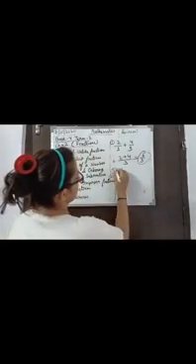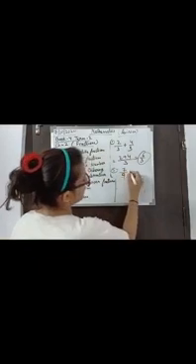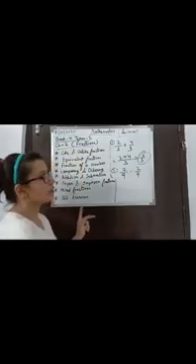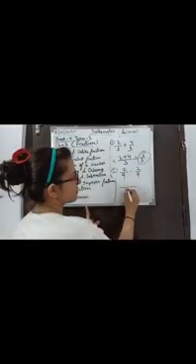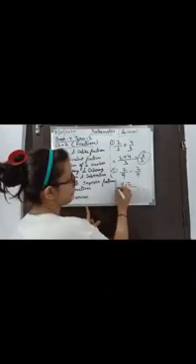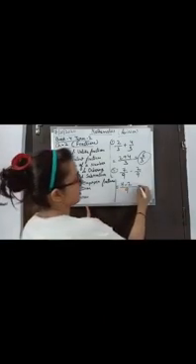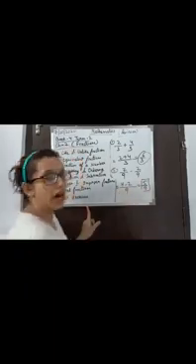Now I will take 7 by 9 minus 2 by 9. Okay, so denominators are same, so we will write the denominator as it is and we will subtract the numerators only. So 7 minus 2. What is 7 minus 2? It will be 5. So 5 by 9 is our answer.